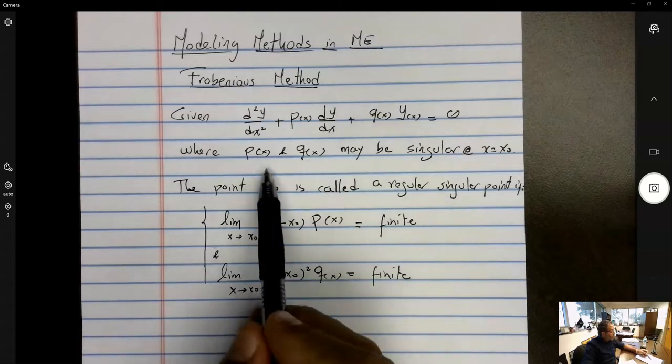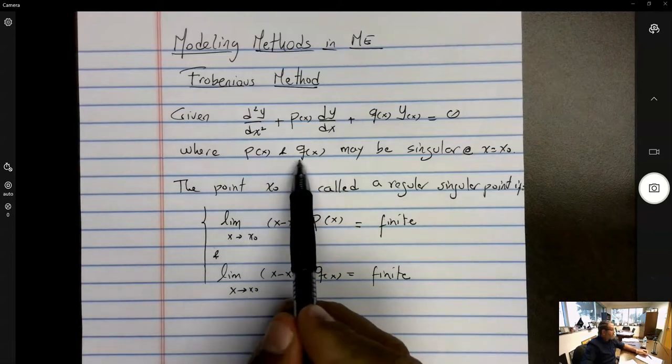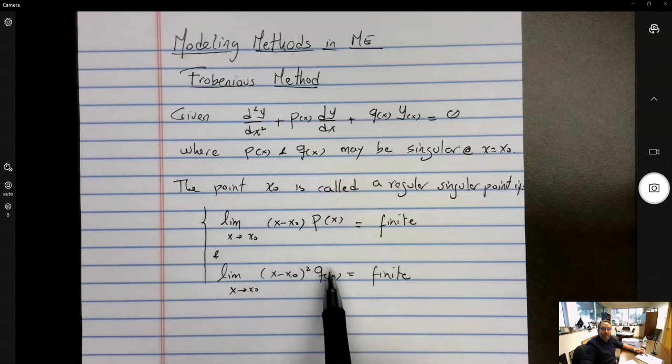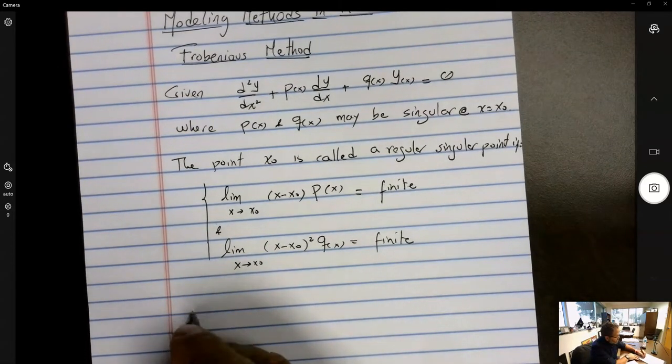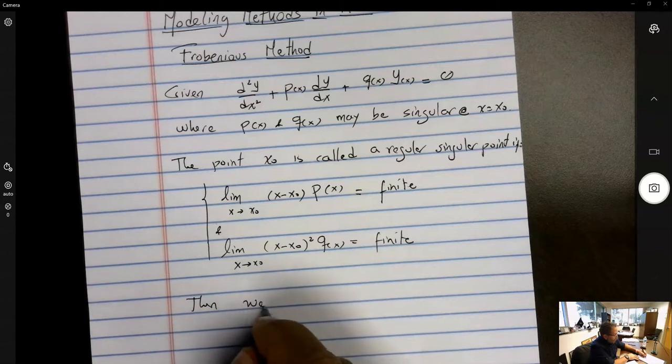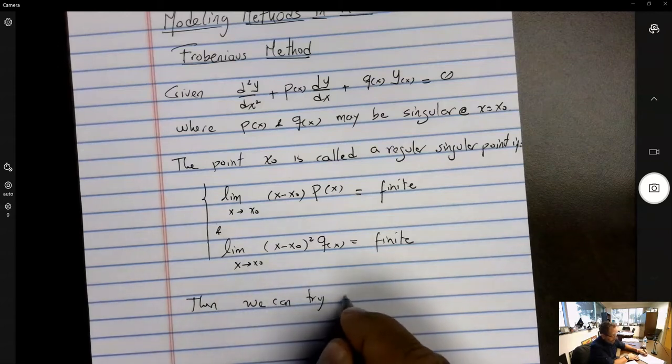For example, if q is not a singular function and you multiply it by a second order polynomial, it's still not singular. You're going to get a finite result for the limit. So it still works. Then we can try a solution